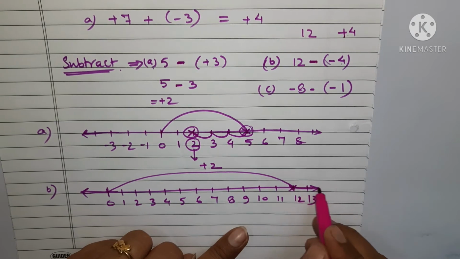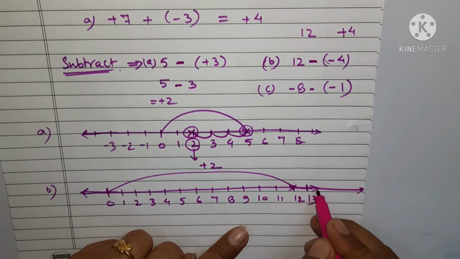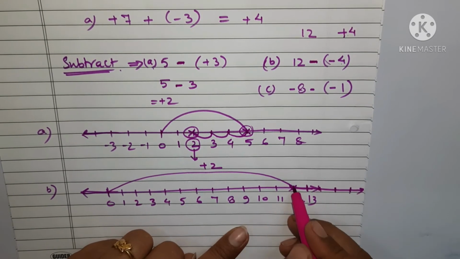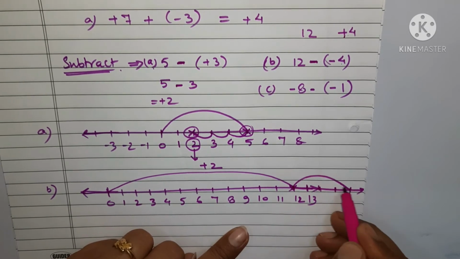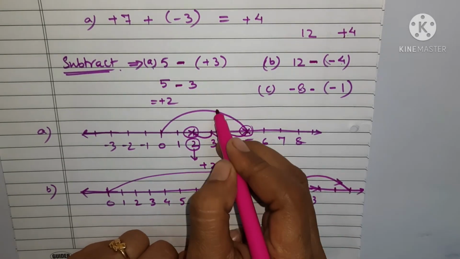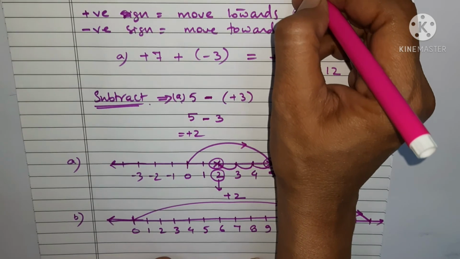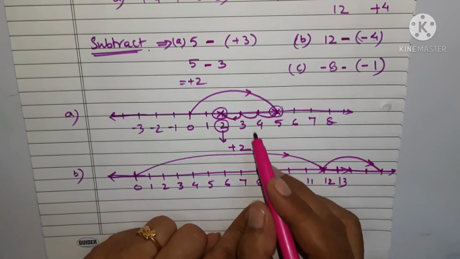So this number line needs to be more extended. 13, 14, 15, 16. Now 4 more points are required, that means 1, 2, 3, 4. It means you'll move from here to here, and remember to put the sign of arrow, from where to where, which direction you are moving. It is a must.